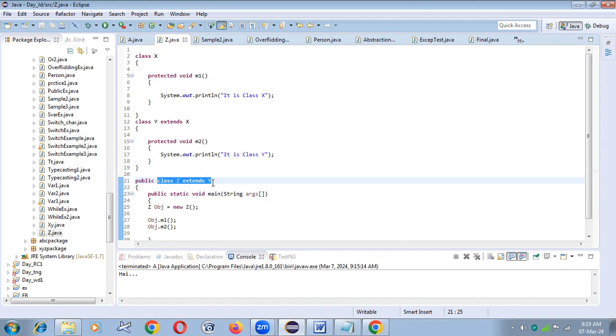So here I'm creating an object for Z. I'm writing a main method, public static void main. Inside the main method, I'm creating an object for class Z. You can give any object name, it's your wish. I'm writing obj as the object name. Already you know how to create an object for a particular class. With using this object,